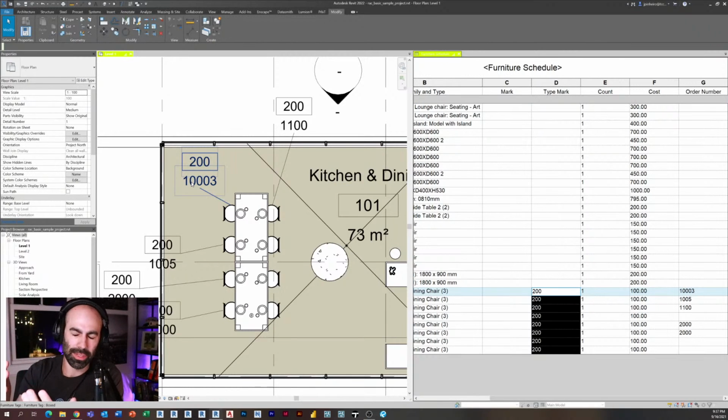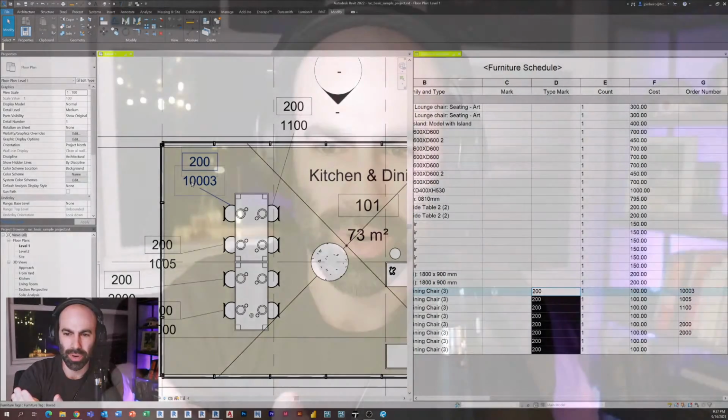Which is obviously not great practice, but the cool thing about these shared parameters is once you apply them to a project or a family, they're stored in the project or family. So you can actually recover them, which is really neat. So if you delete your shared parameter file and you want to make this connection happen, how about let's do this. Let's